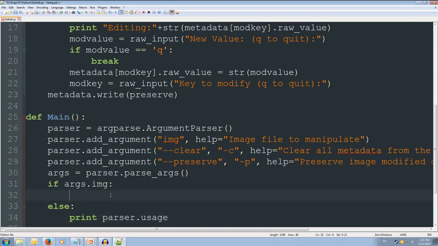Alright, and if args.clear, so if we want to clear all of the metadata, then we're going to